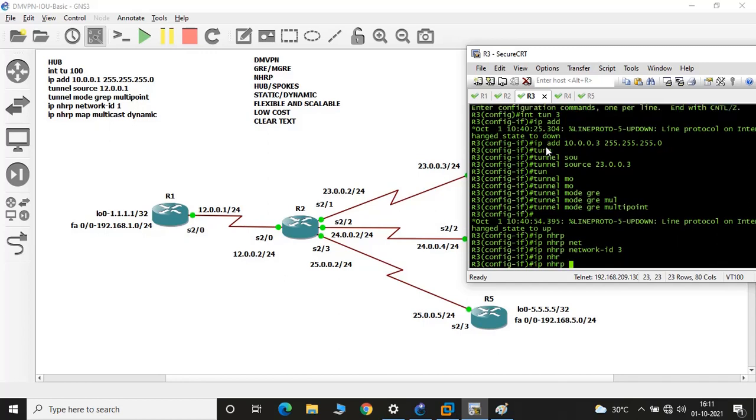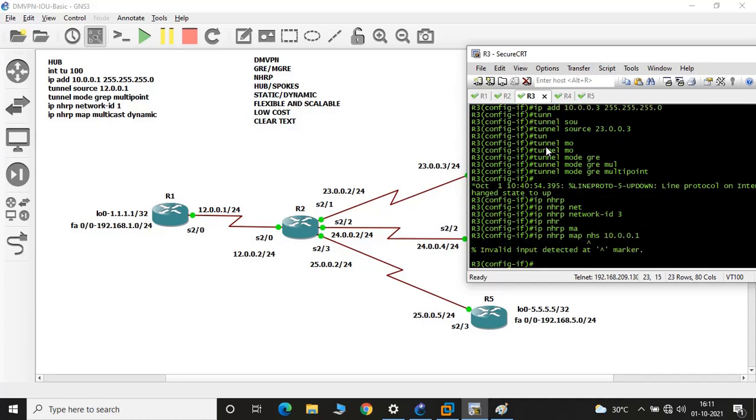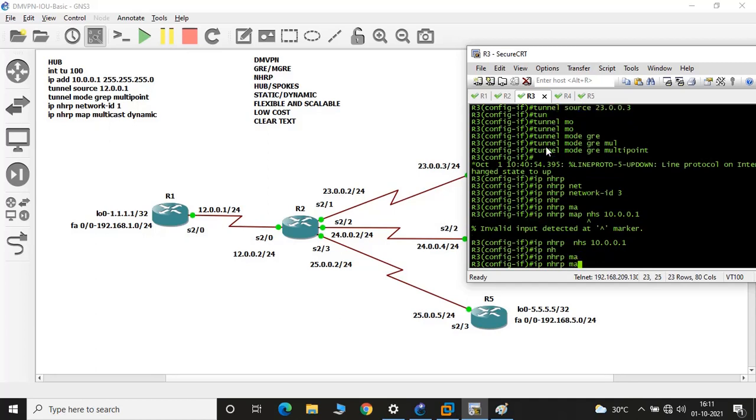Let's map the NHS, which is next hop server, nothing but 10.0.0.1. Oops, remove this map. Now you need to map your 10.0.0.1, which is a private WAN IP, with the global public IP.